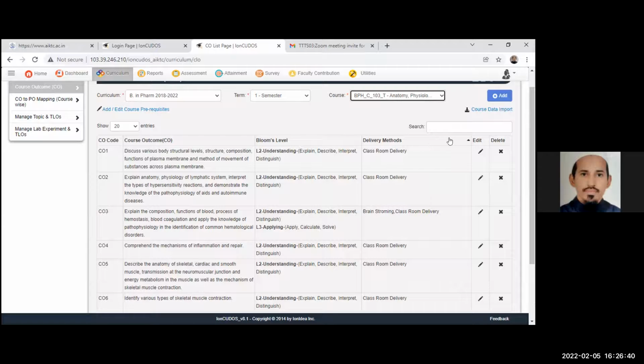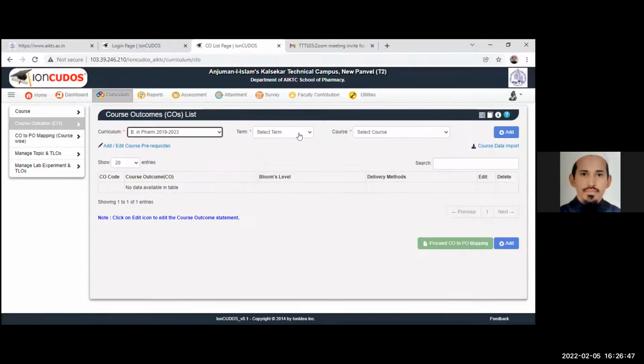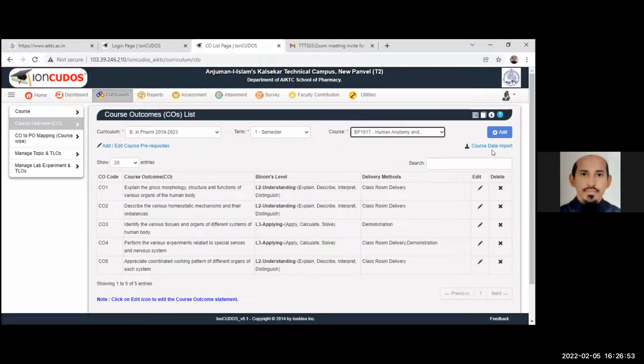Now see, I can import the data. For example, for this batch, 1923 batch. If I want to import the data from a previous batch, you can take the example of the Pharmacy Council of India batch. In PCI's curriculum, we are in the 3rd year.